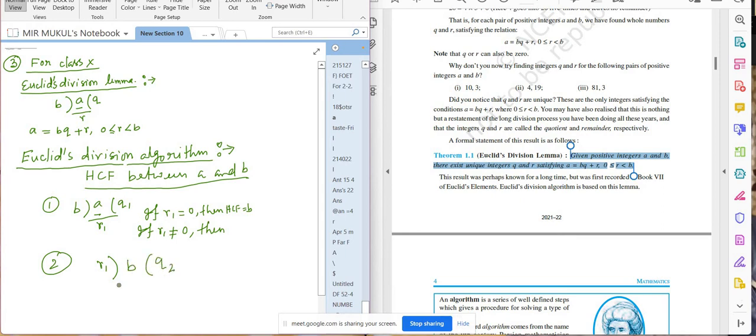Then here you will get Q2. After division, you will get R2. Now if R2 equals 0, then HCF will be R1, and if R2 not equals 0,